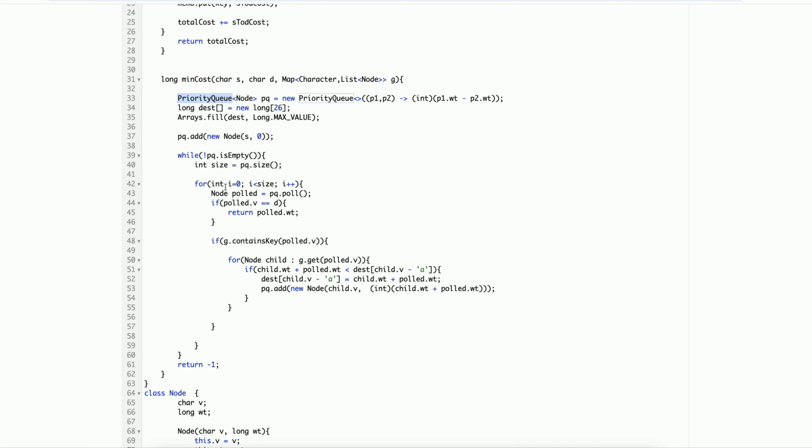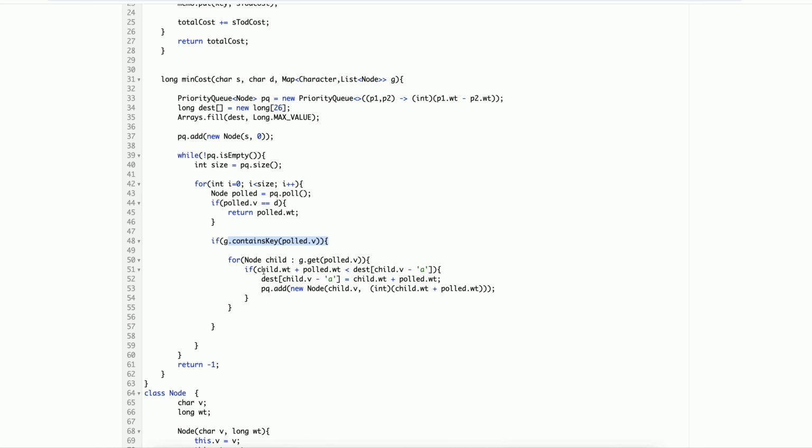And let me explain what I am doing here. I am polling each node. If the polled node is the destination node, then we will return the weight of the polled node. Otherwise we will check if we have children for that particular node.